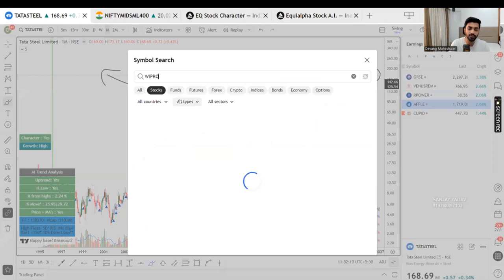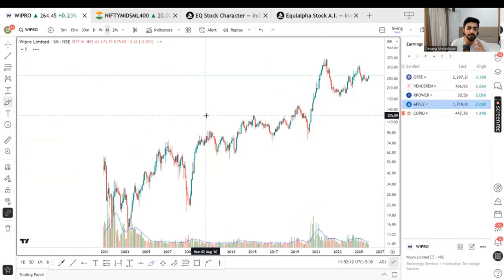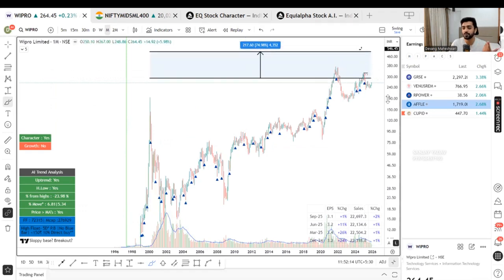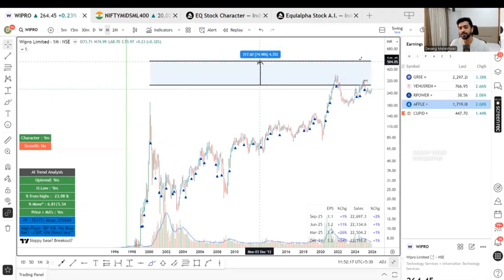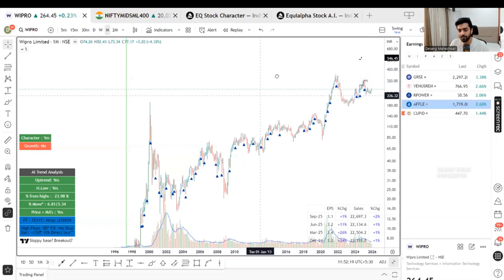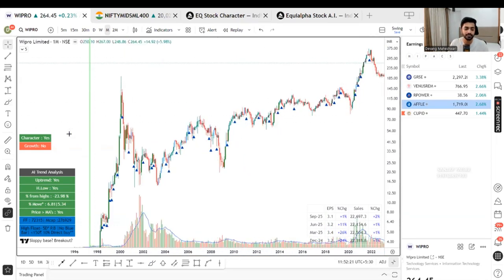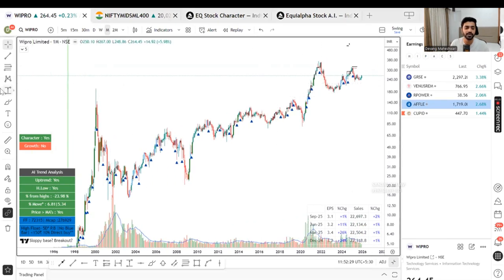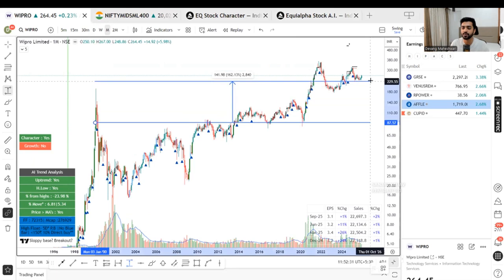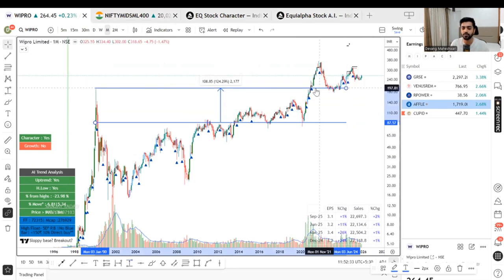Same with Wipro, it took a lot of time. But it kept giving bonuses, so people think that the money has now doubled. They never look at their own account. They don't think this was the Wipro high price of 2000. If you see from this high here somewhere, it took almost 20 years to reach back to the same price.